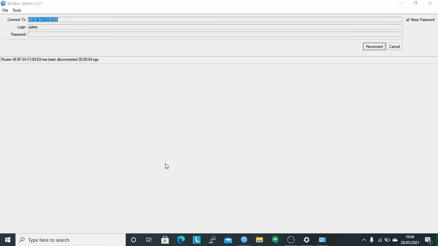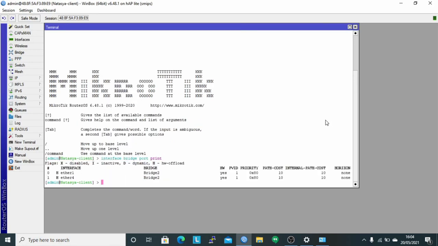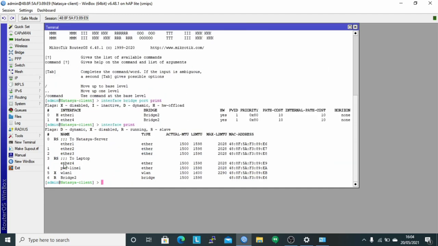And then the router client performs a reboot, and here click reconnect again, and then check with the command interface bridge port print. It appears that we have successfully added interface Ether1 and Ether4 to bridge2, and check the interface with the command interface print.